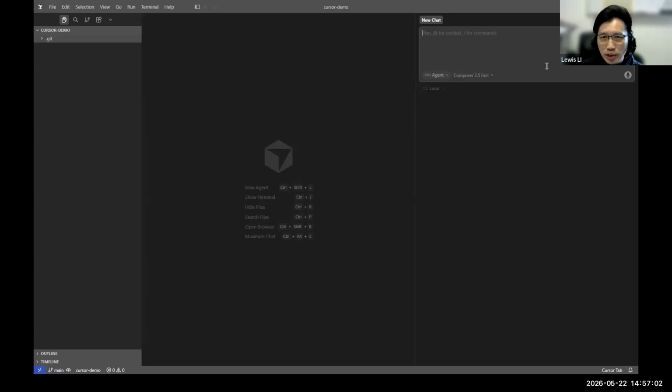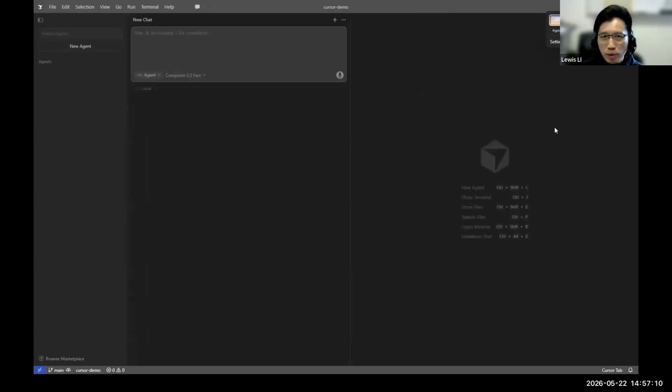So this is the editor mode, and you can also change to the agent mode. Agent mode is more or less the same as the editor mode. The only difference is that the arrangement is a little bit different.